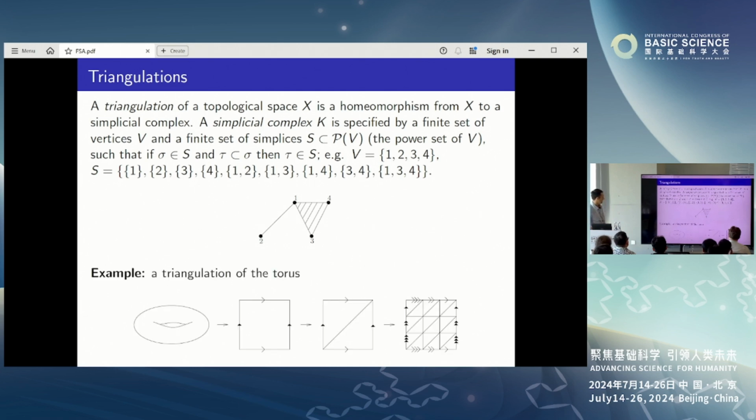And here is a triangulation of a torus. So the torus can be triangulated. You can break it into triangles, but if you break it only up to the third square there, then those have the same vertices. So the triangles have to be determined uniquely by the vertices in order to be given by a simplicial complex, but you can just break it up some more into more triangles, and then each triangle is uniquely determined by the 3 sets of vertices. So then you can say you triangulated your space, and this allows you to study the space combinatorially. You just have a finite amount of data, maybe you can plug it into a computer and get information about the space. So that's a nice thing to have.